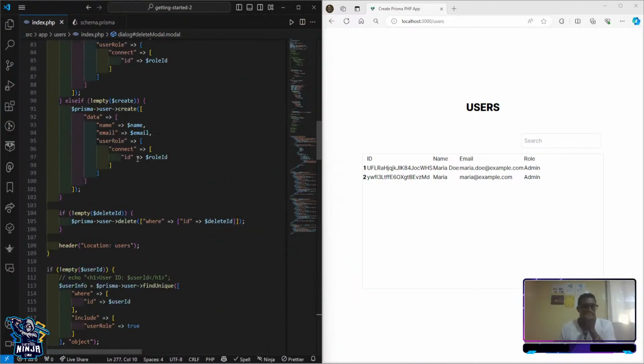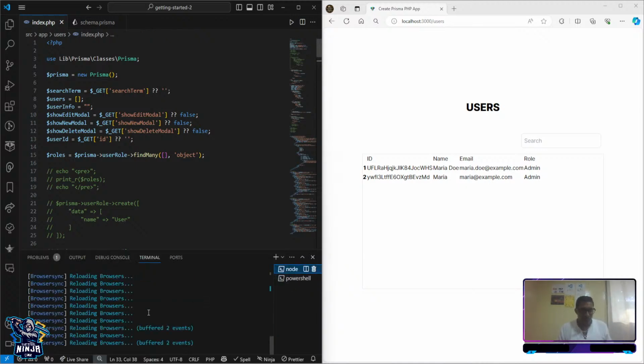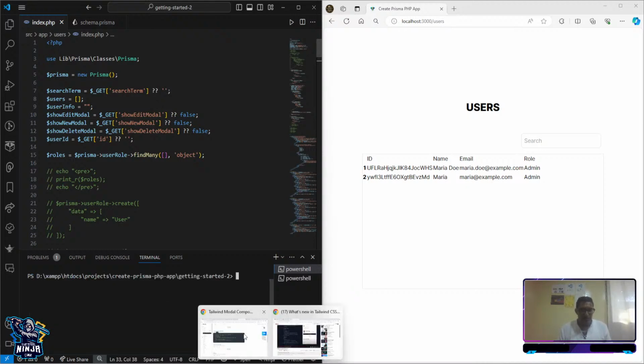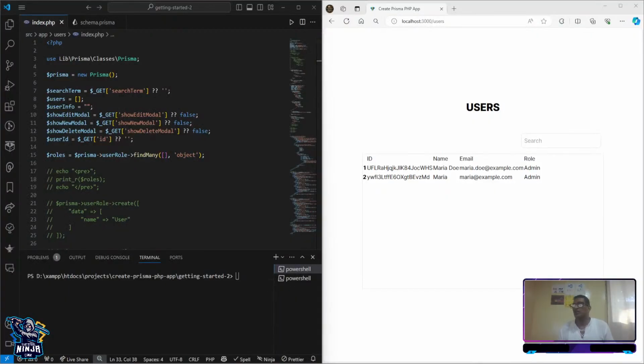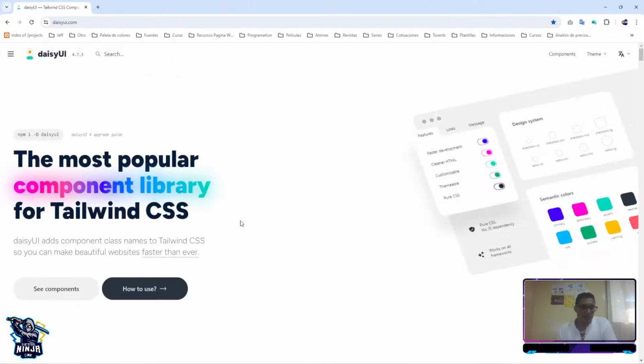Okay, what I'm trying to do is I'm going to explain everything, but let me install a package, and this is going to be a package which you can get to it. Okay, Daisy UI, I'm working with Tailwind, so what I'm going to do is go to components,